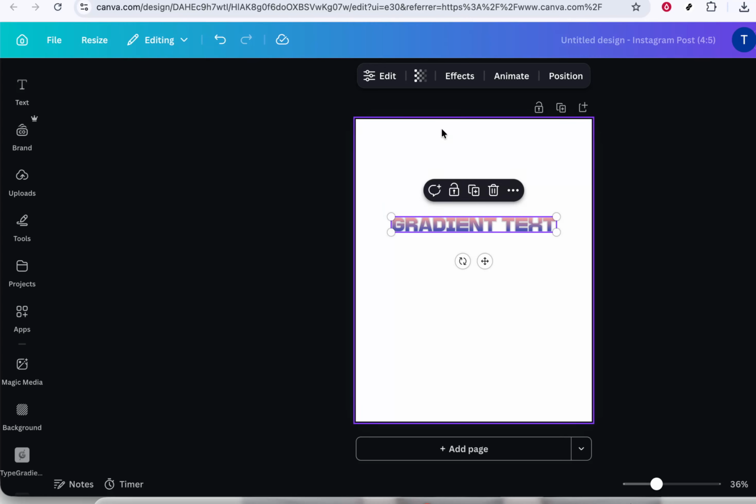To turn this gradient text into animated text, select the newly added text element on your canvas. With it selected, look at the top menu bar and click on the Animate button. Canva will show you a range of animation styles. Browse through these